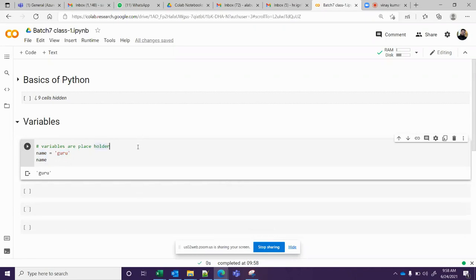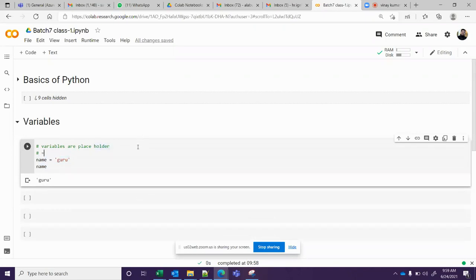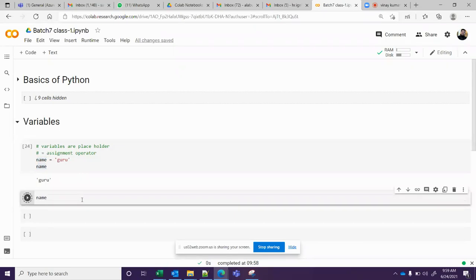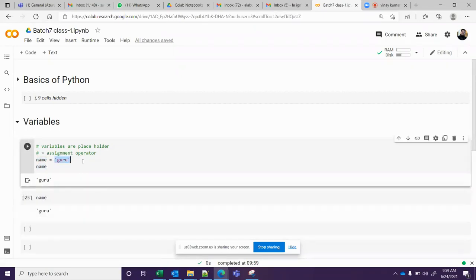What is assignment? What is the meaning of assignment? Assignment is giving, not representing. Assignment means giving a value to a variable. Single equals gives a value to a variable. This is a variable. So once a variable is holding the value, at any point in your program, you can refer to it. You need not remember what the data or information is.